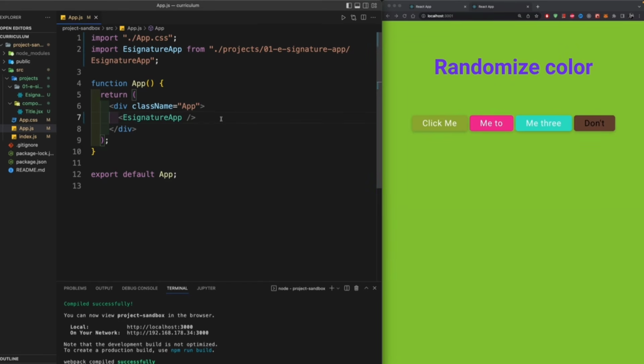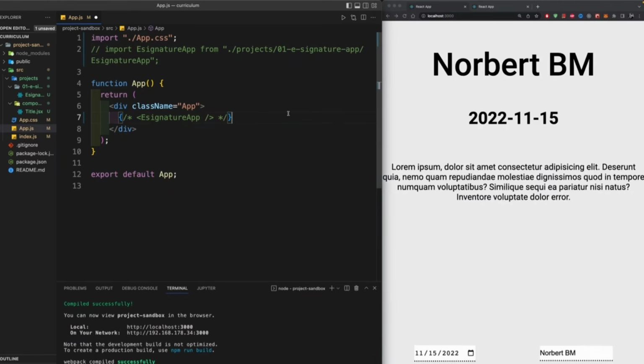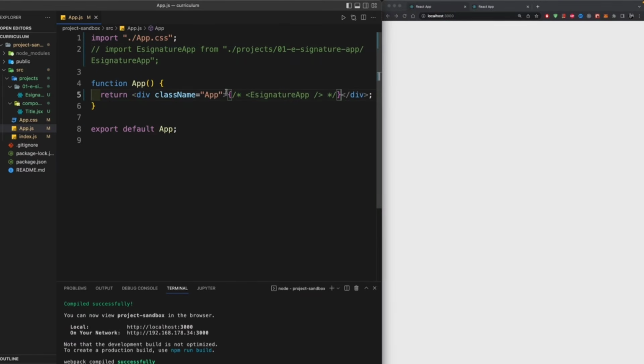Now, first things first, we need to deactivate our previous project by commenting out this and commenting out the import. So let's go back to our application. If we hit save, we'll see nothing. Next step is to actually create a project folder. So once again, let's go into our projects, create another folder,